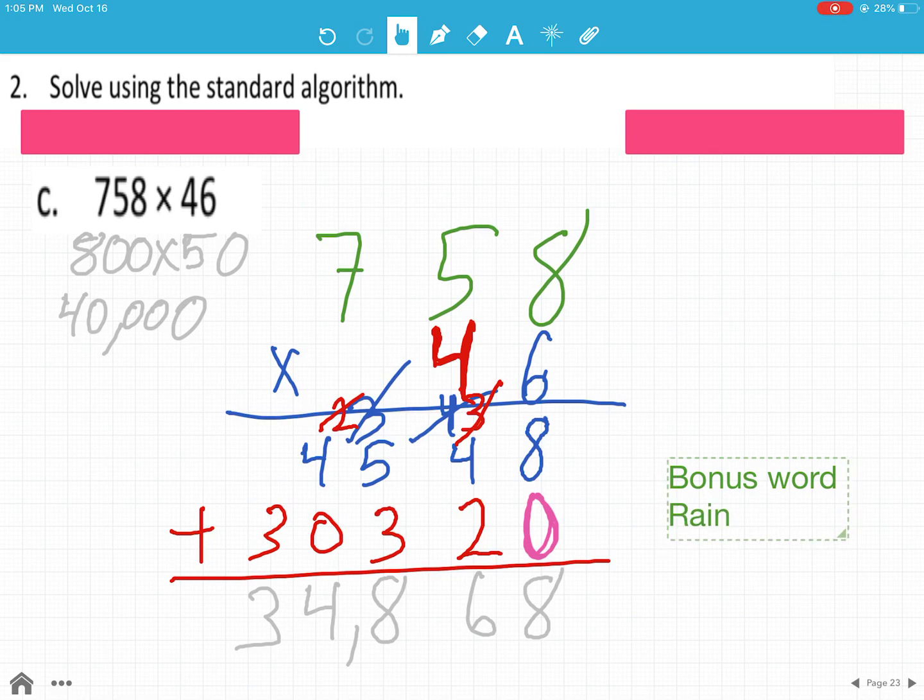Alright, our bonus word is rain. Alright. Good luck. May the force be